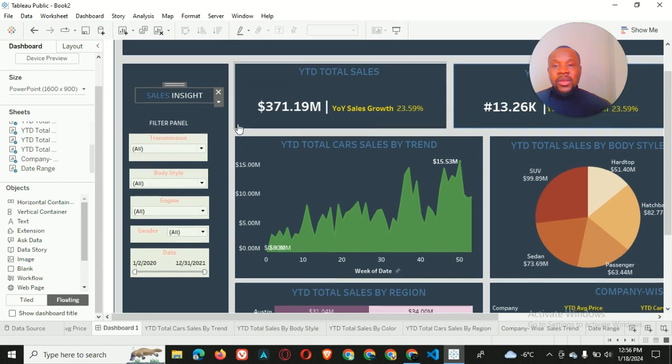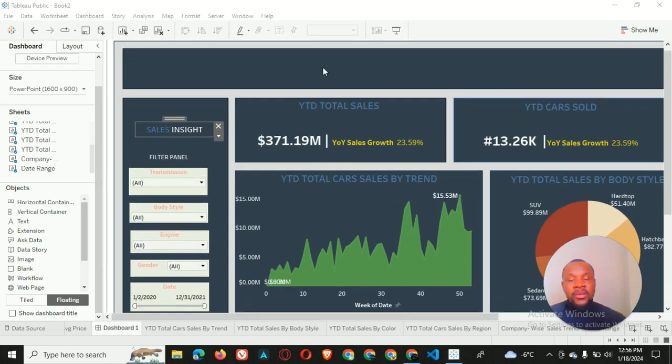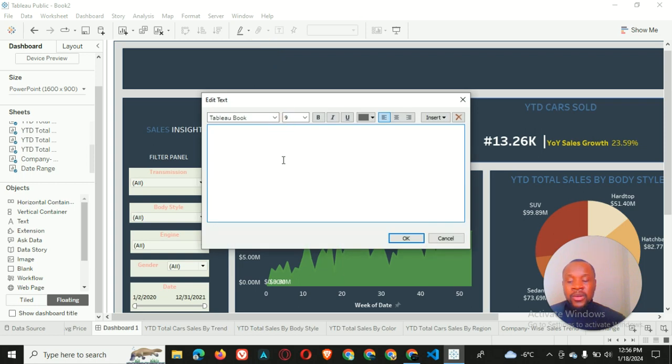Alright, having done that, we will now name our dashboard here. So we come over here and take the text again, press it here, and then we call it car sales dashboard. Alright, we select all of them and put it in the middle, make it bolder, and we can select like 24, and we use